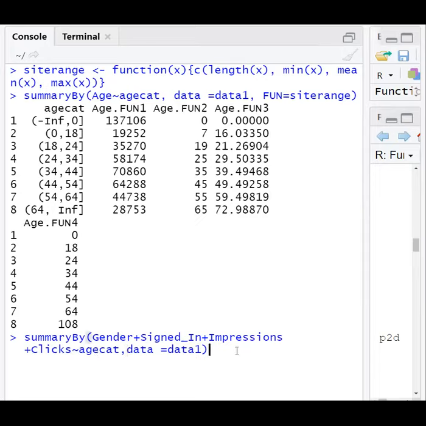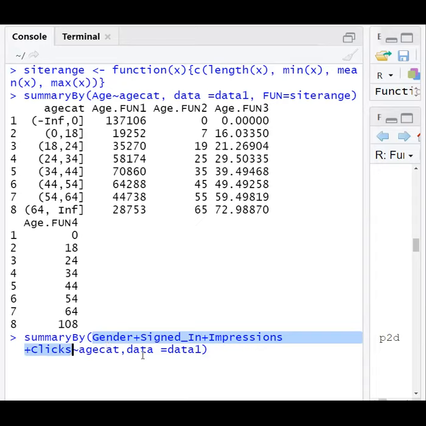See, only signed in users. Signed in users is indicated by 1. Impressions we are taking, click we are taking, gender. Okay. All these things. Then for that we are applying the age category.